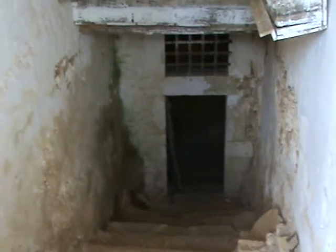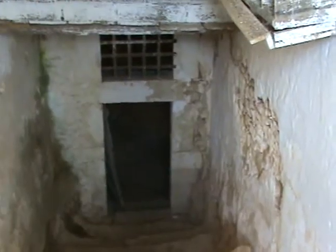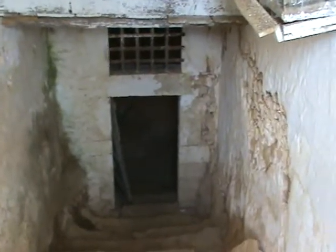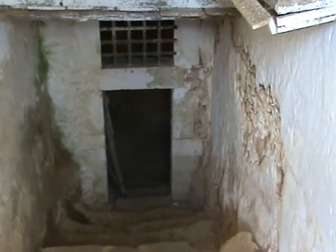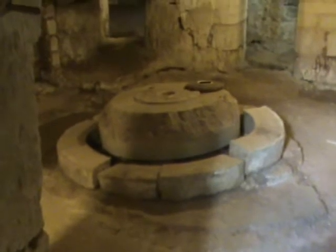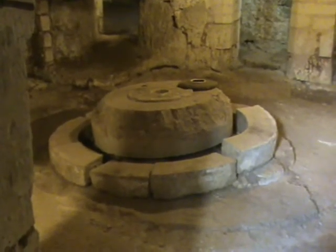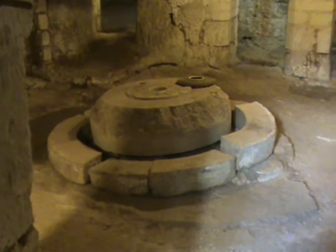Well, I'm just going to take you on a tour of the underground olive pressing room. This is the only entrance, and animals like horses, mules or asses would have to go up and down these stairs. Here we are, come down the stairs. I'm looking at a large olive pressing stone which would have been actually on its side. It's now flat, and